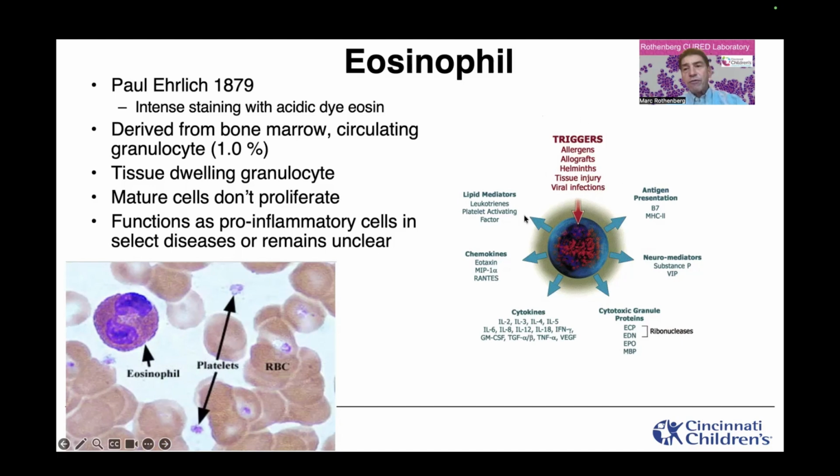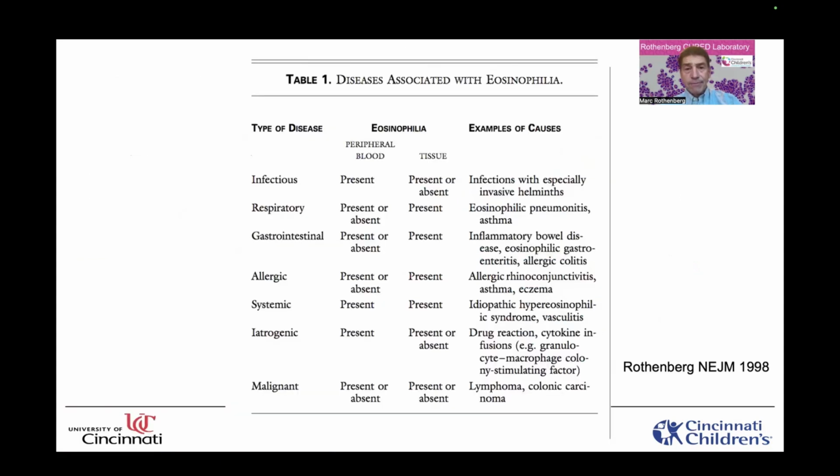Eosinophils respond to a variety of different triggers. On one extreme, allergens, the most common cause of eosinophilia, an increase in eosinophils, but also other triggers, including infections such as parasites, viral infections, and tissue injury. We now understand that these are pleiotropic cells capable of making a variety of different mediators and participating in a variety of different responses that are critical for a number of different communications with the cells and tissues in the body, such as the nervous system.